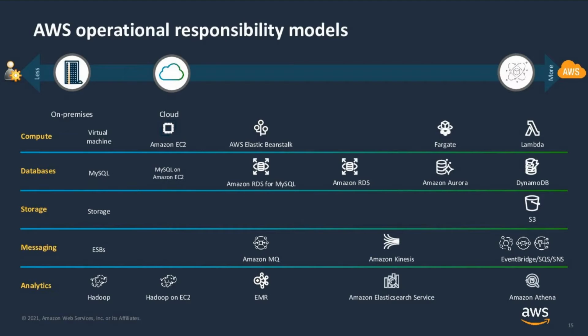In addition to thinking about compute options, it's also important to think through all other layers of applications. While AWS is responsible for protecting the infrastructure that runs all of the services offered in the AWS cloud, customer responsibility will be determined by the service that they select. Let's look at the various choices you have through the lens of the shared responsibility model.